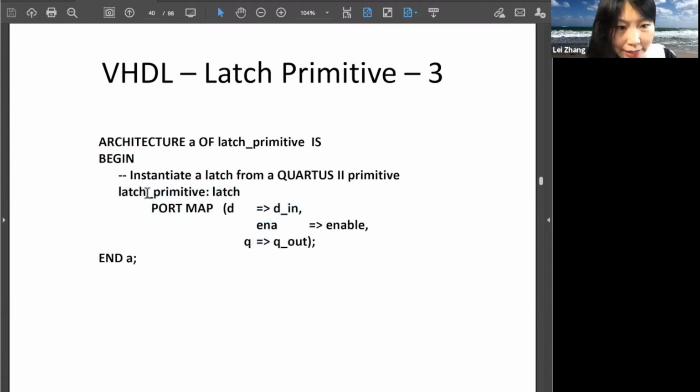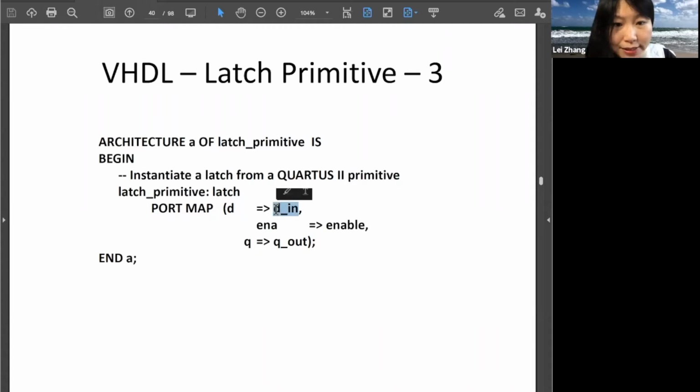So the latch, following that name we have port map. Within this port map, we have a bracket. Within that bracket, we have D get assigned with